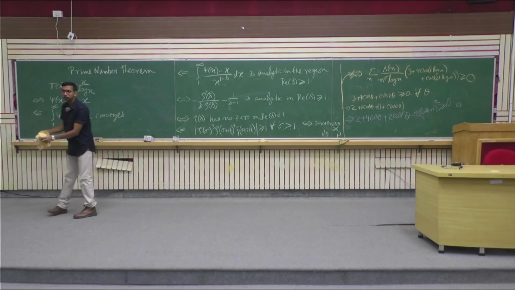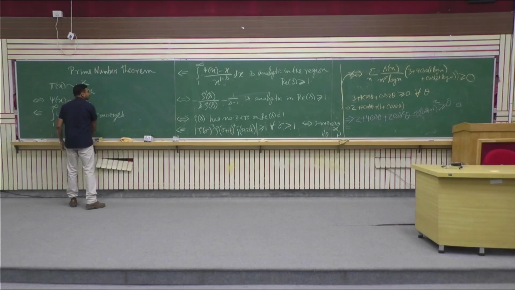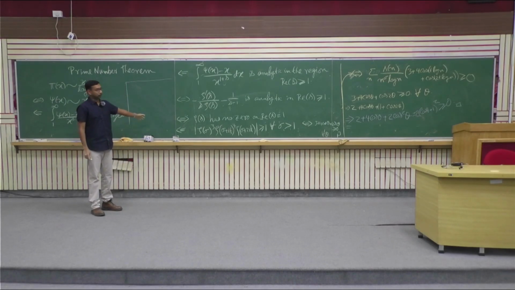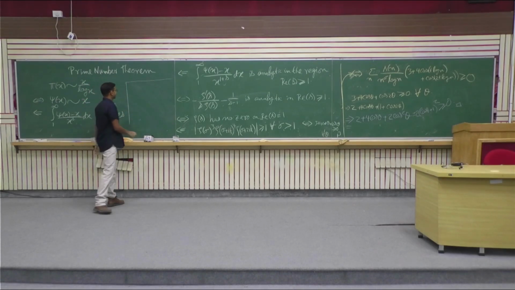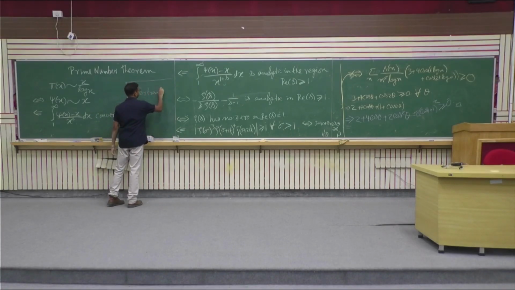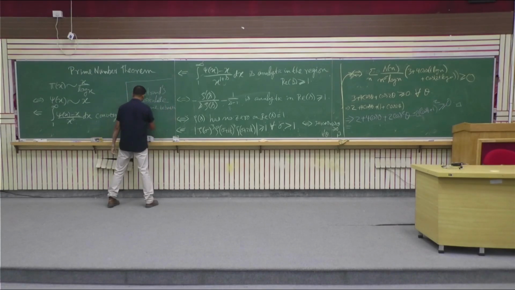Okay, now a small exercise for you. You recall in the first lecture, Professor Ritabrata Munshi mentioned Bertrand's postulate, right? That is, there exists a prime between n and 2n